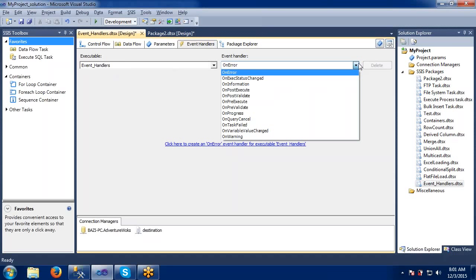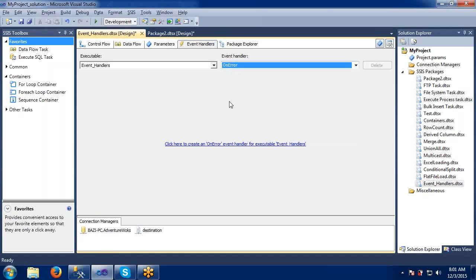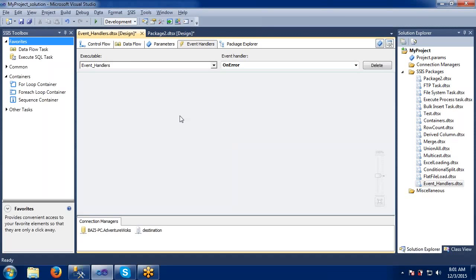Let's say I would like to consider pre-execution, post-execution, on error. Let's see what happens if we click on the on error option. While executing this package, if anything goes wrong, handle that error as